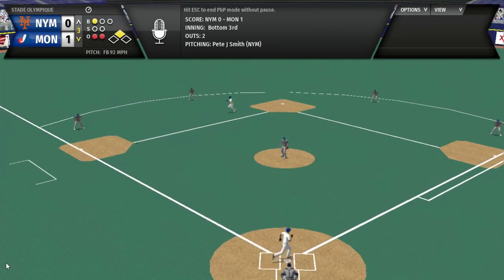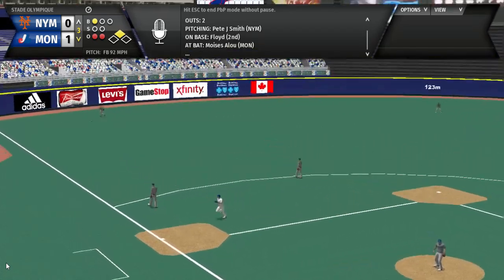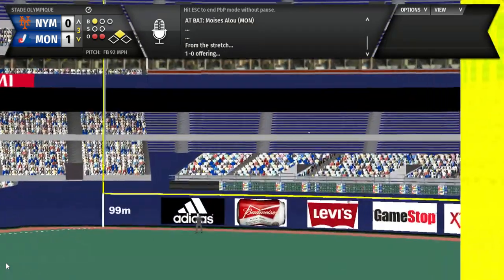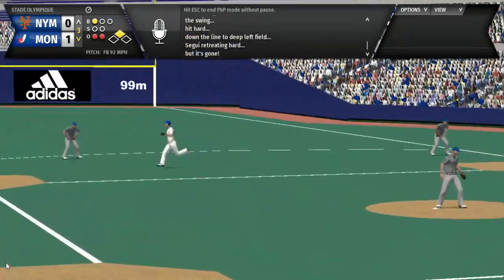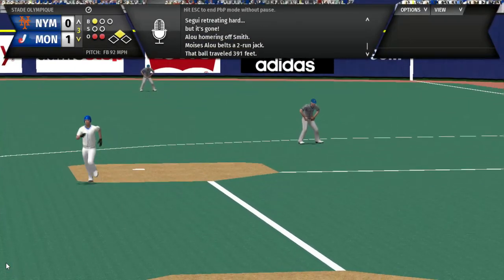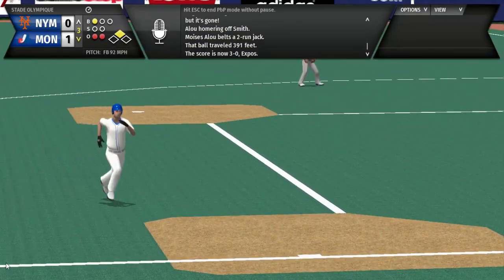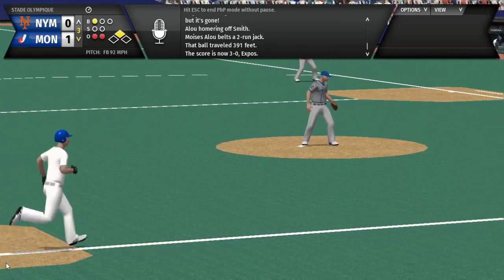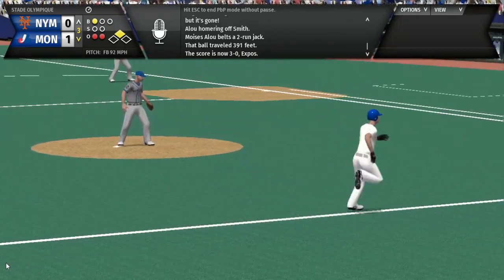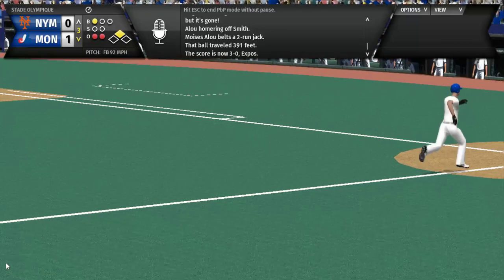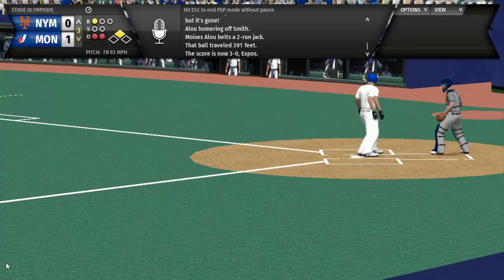To the bottom of the third with 2 outs, a runner on second, and Moises Alou again swings and hits it deep, and it's gone. That's 2 home runs in a game in his first 2 at-bats. It's now 3-0 Montreal. Could we see a 3 or 4 home run game from Moises Alou? It's possible, with only this being the 3rd inning.